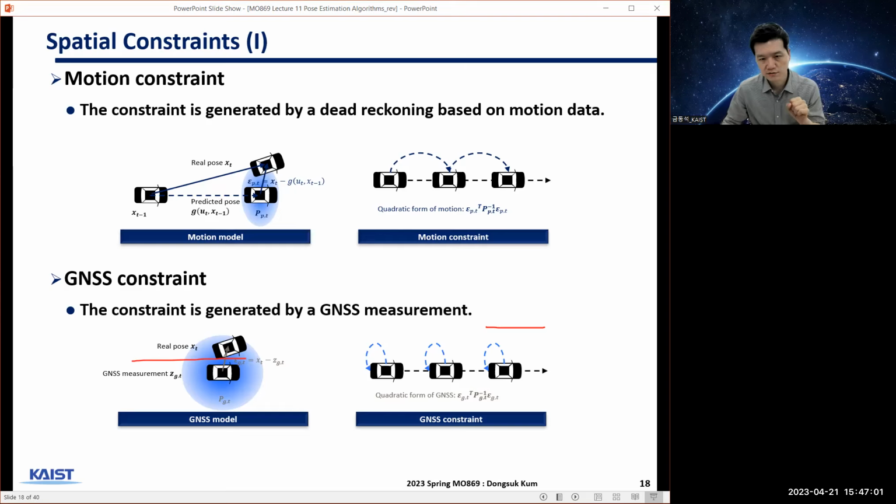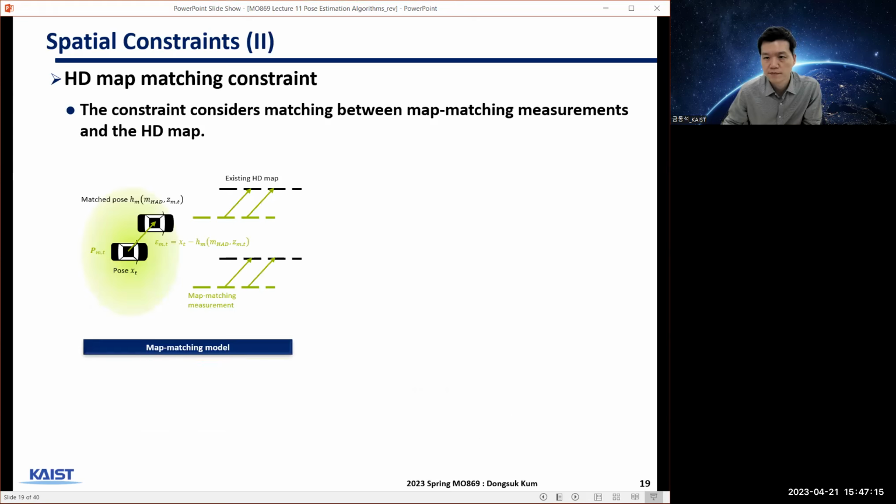The motion model as well gives you incremental delta information, so it can drift away from the true value. Okay,